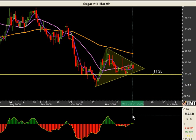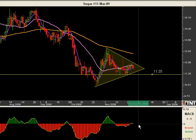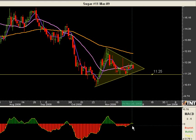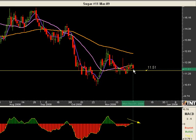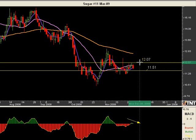But, and this is the tricky part, take a look at what's happening to our MACD. Remember, we use MACD to help signal momentum changes, and that's exactly what we have here. It is very, very subtle, but do you see how MACD has all of a sudden headed lower when the market formed resistance? That is typically a sell signal for us. So what I should have done is disregard this triangle, and sell the resistance that was formed when the market made this green-red combination. I should have sold this range here,